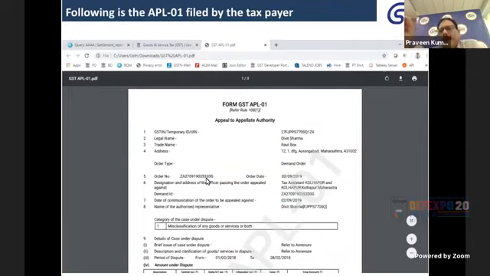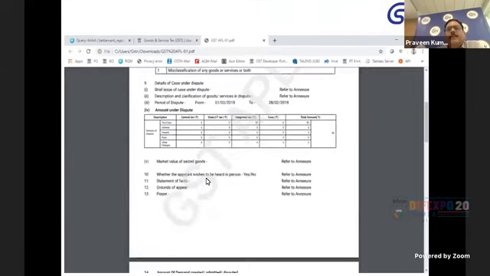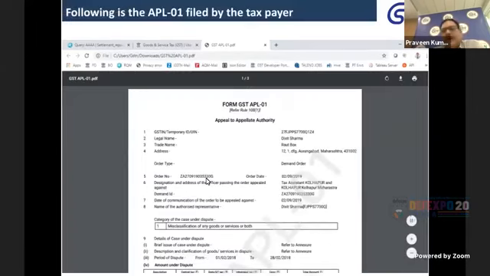And on clicking on that, you can see your appeal application form, which contains all the details like your GST, your legal name, your address, your order number, and designation and address of the officer who has passed the order, the demand ID number, the date on which this order is communicated to you, and the category under which you have filed the appeal. In this case, I have selected misclassification of any goods or services or both. In that category, one appeal is being filed.